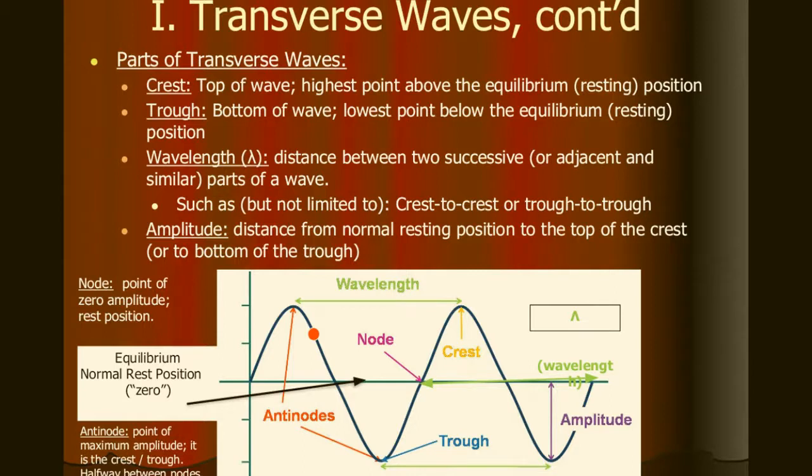Going back to wavelength, the best way to identify how many wavelengths there are is to consider one hill and one hole. So if we start at the origin, we could consider that as one hill. Followed by when it crosses the equilibrium and goes through the bottom portion, all the way to the end of where you see that first mention of the node with the purple, that would be considered the hole. So one hill and one hole gives us one wavelength. So in this wave, we actually have two wavelengths.